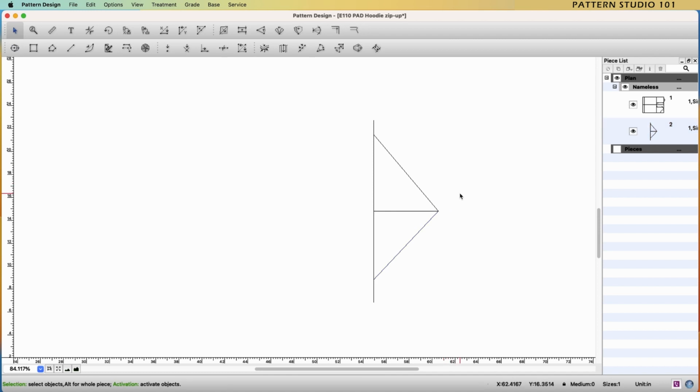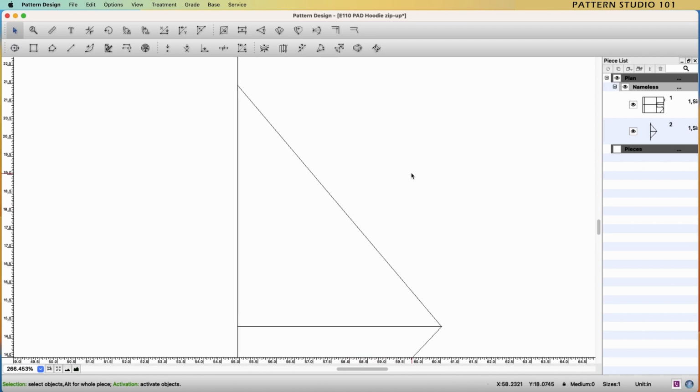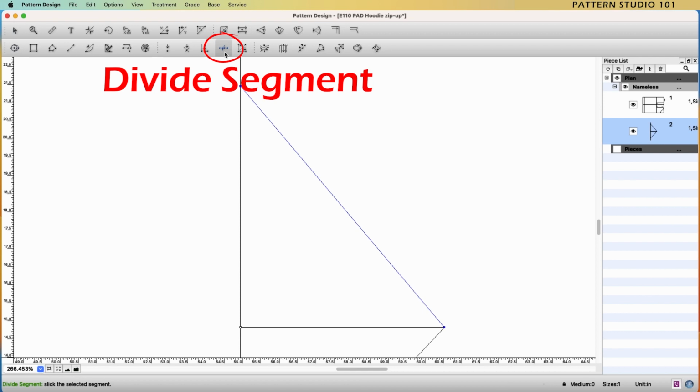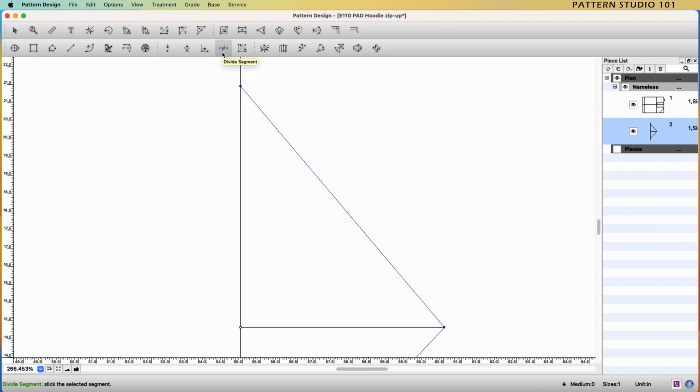Let's make an armhole curve. Zoom in again. Select the segment, back armhole first. Select the tool, divide segment. Click the segment, 3. Select the curve tool.